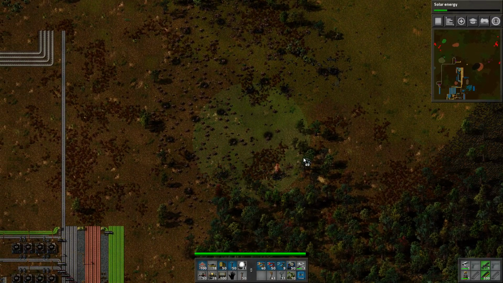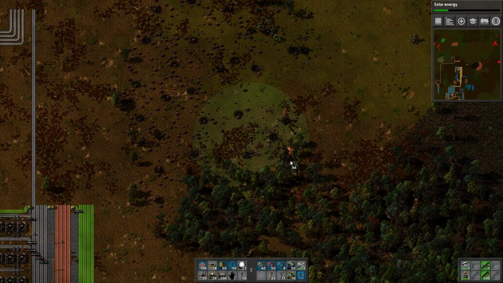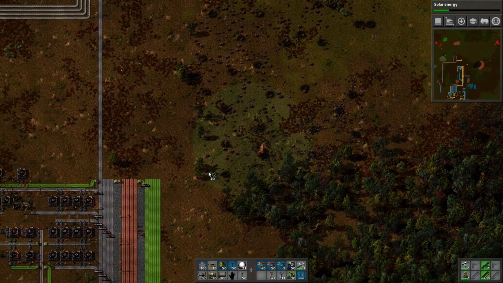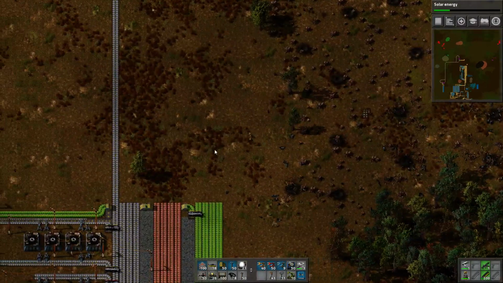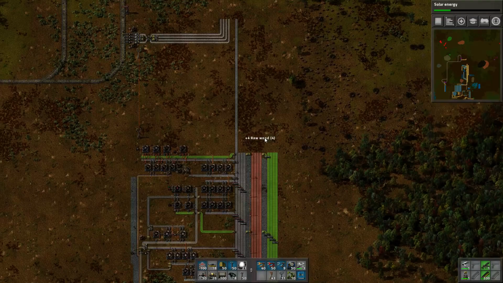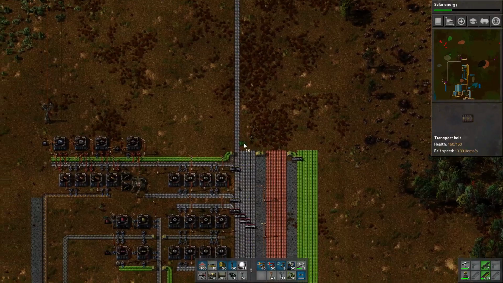One nice thing about doing it this way, as opposed to using the bots to deconstruct, even though the bots are cooler and more convenient and certainly faster, is that at least you don't end up with a ridiculous amount of wood kicking around in your inventory. Let's chop down this tree. And extend this out. We still have some yellows for now? Yeah. So...